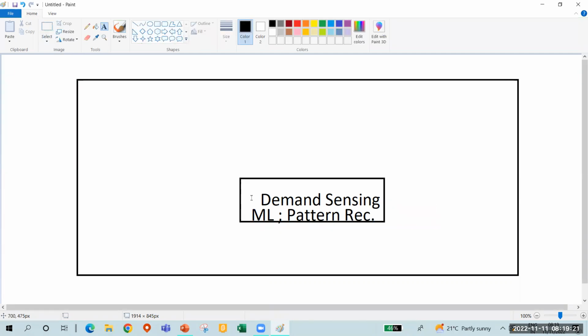So what do we feed in this demand sensing algorithm? Definitely it has these capabilities on its own. This is the way that it has been designed. It has the machine learning capabilities. So what do we feed? So first thing that we feed in is